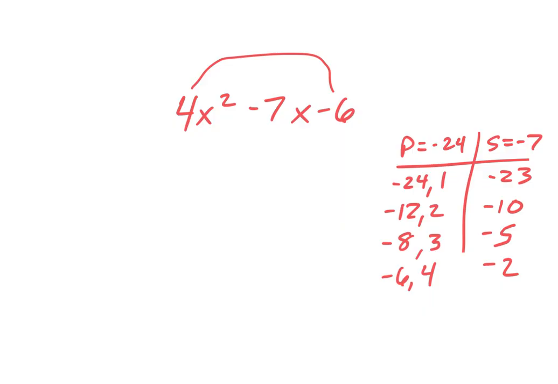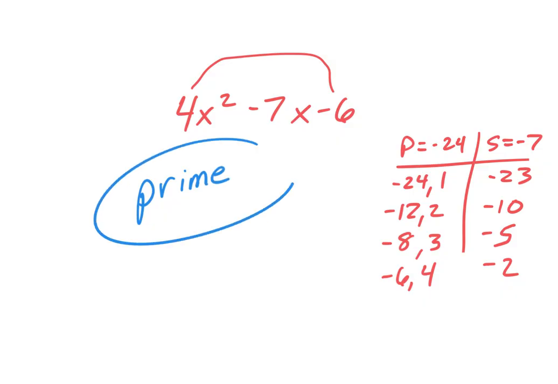So if we can't find a sum that works, then what we call this one is prime. What I told you yesterday is if you have a prime number like 7, the only thing that goes into it is 1 and 7, right? We call it a prime number. This is what we call a prime polynomial because there are no factors for it. So if you ever get a situation where you can't find something that goes into it,